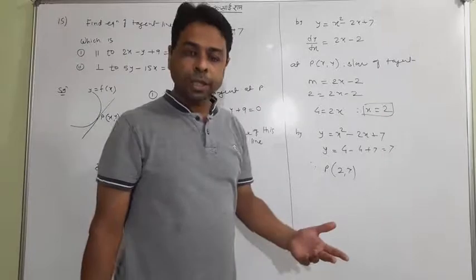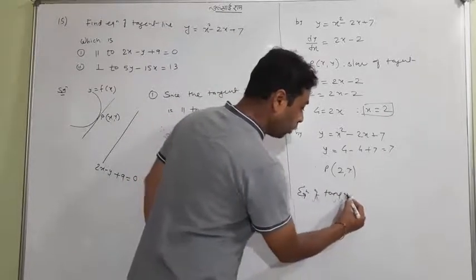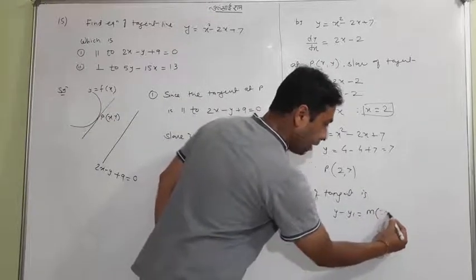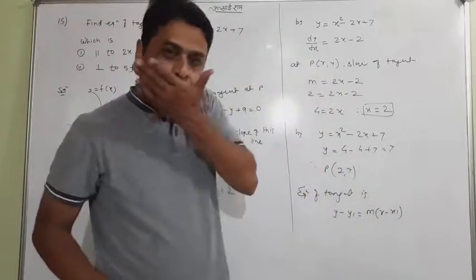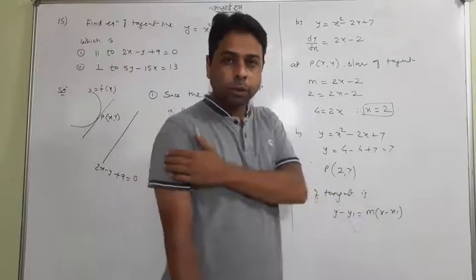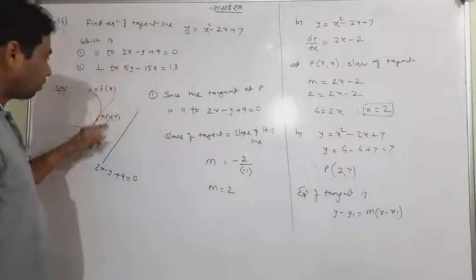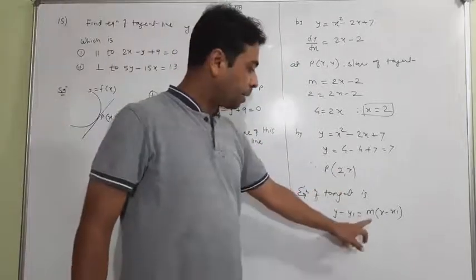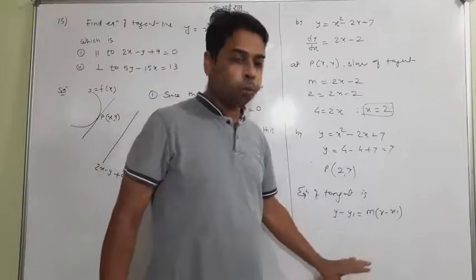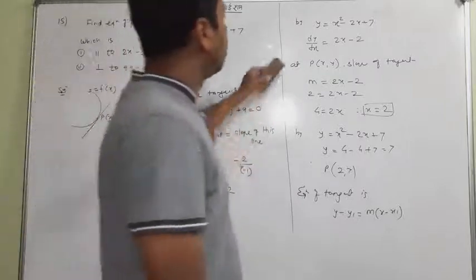Now one can easily do that the equation of the tangent, which was asked, is in one point form. The tangent is itself a line, and whenever you have to find the equation of the tangent, use this law, where (x1, y1) is the point through which it is passing, meaning (2, 7), and m is the slope of the tangent, which is 2. So further it is your job, please put all the values and get your answer. So this is a simple thing which we discussed here.